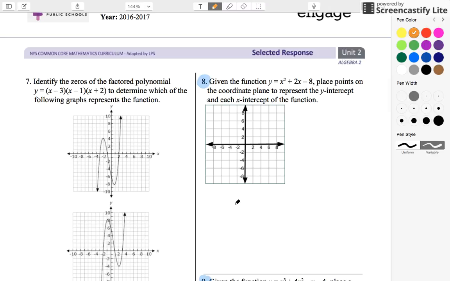Okay, for these are pretty quick. Given the function y equals x squared plus 2x minus 8, place points on the coordinate plane to represent the y-intercept and the x-intercept. Now, what I can tell you right here, the most missed question is because nobody labeled their y-intercept. They just like forgot it or skipped it. Now, I saw many people write out the equation again,